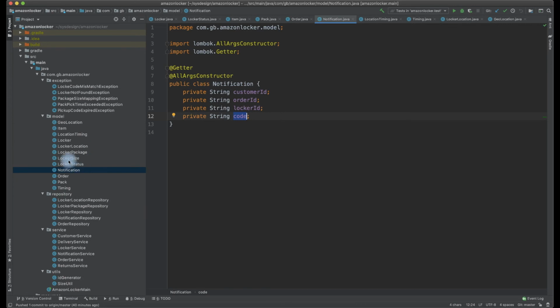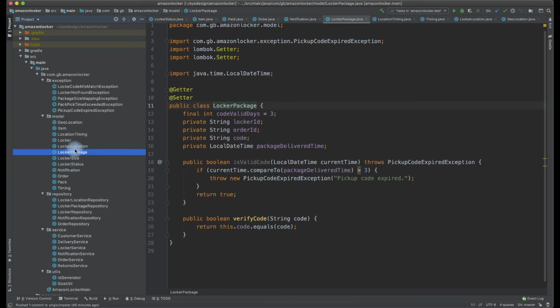We looked into locker location. So we need to model something called a locker package. An item kept in a locker has a validity of certain days, so I have modeled valid days.